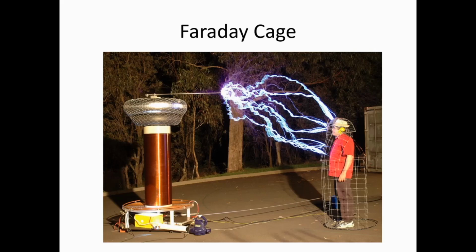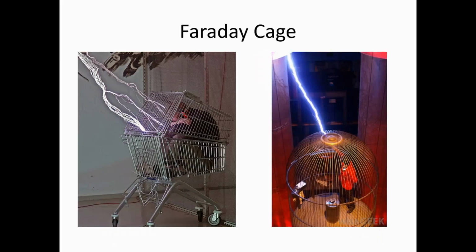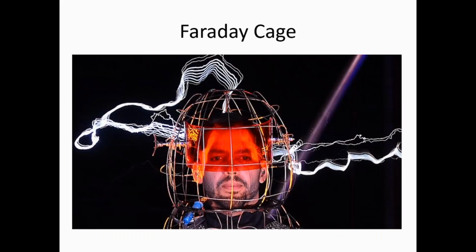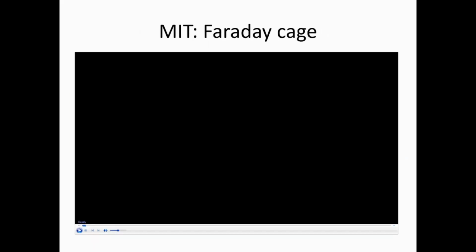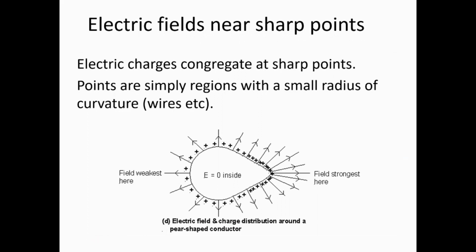It's also one of the ways they lock down top secret areas, and I guess it's used for art and whatnot. David Blaine got stuck in a Faraday cage. I'll stick the video up. MIT charging a hollow tube, you've seen that. I'll put up this Faraday cage video, and the last thing you've got to look at is electric field lines